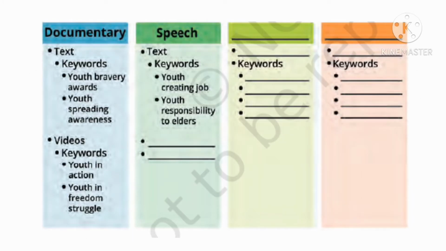When you're searching for any information, you have to be very clear whether you're going to search for text, videos or images. You also have to be very clear about the keywords: what exactly you're looking for, or use the appropriate keyword, the word which describes your search best. We should use the proper keyword.